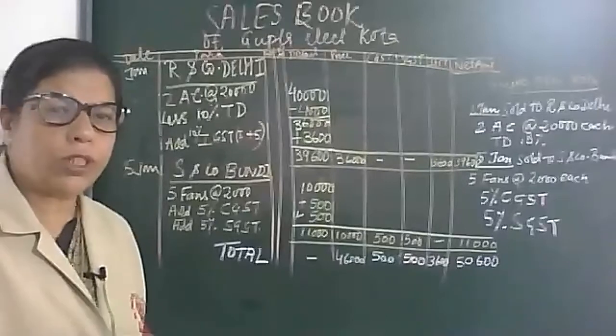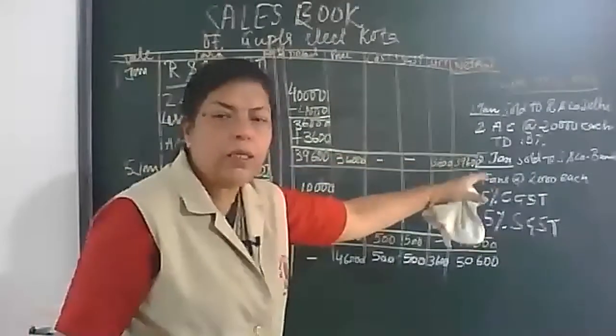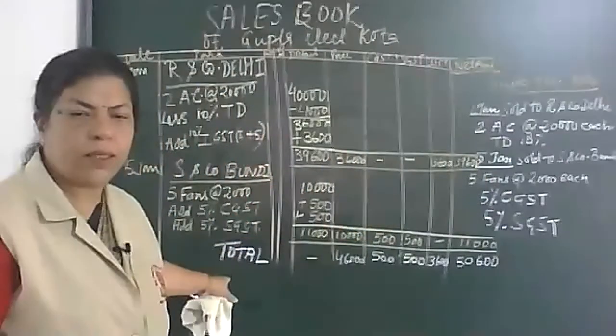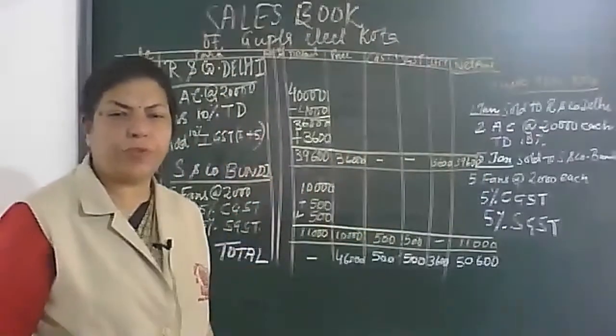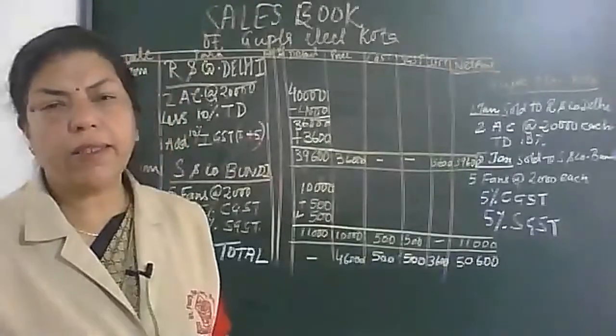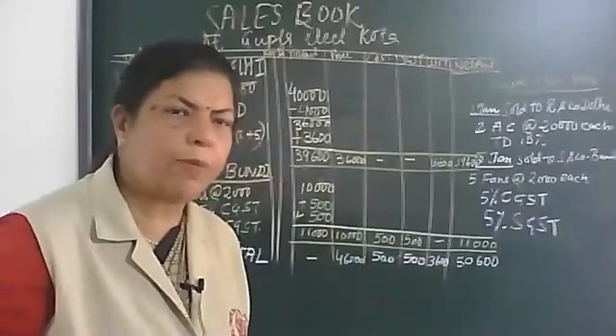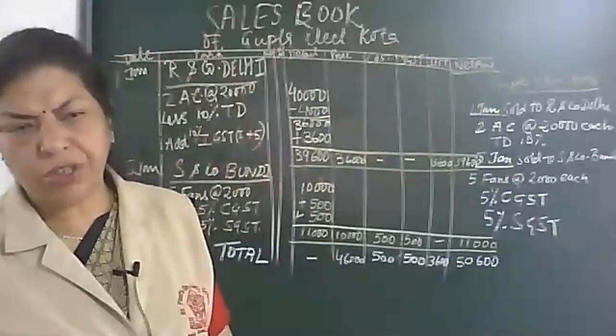Note down, Noel Joan, please. This is the question, this is the answer, and the exact way of making subsidiary books, whether that transaction is related with the same state or different states.